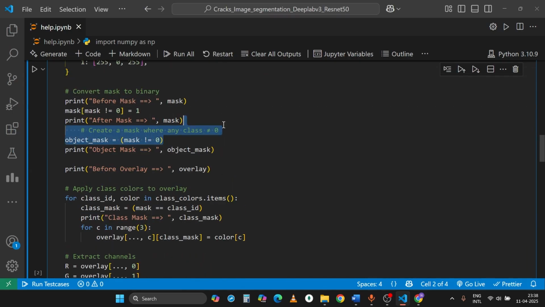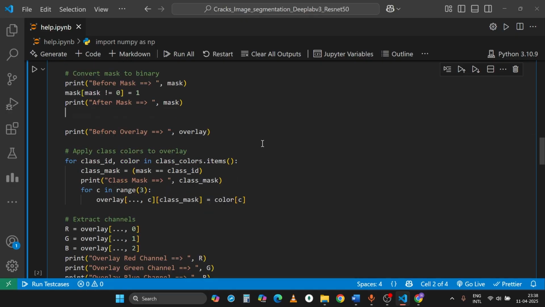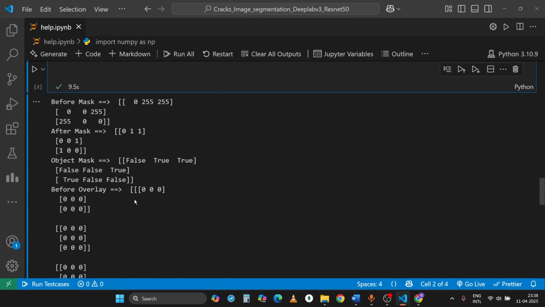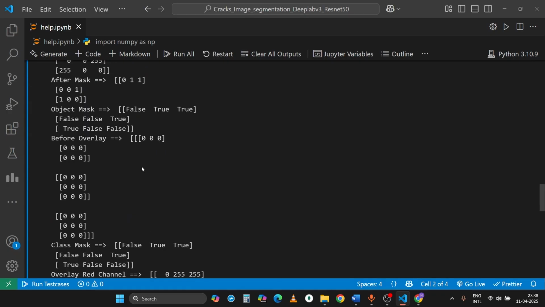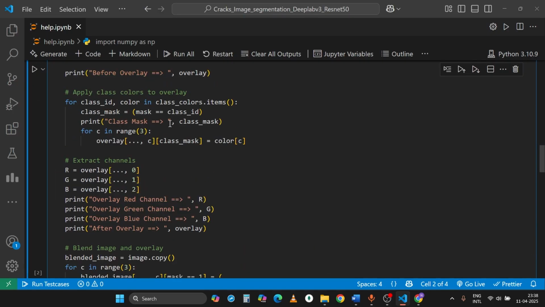Now object mask, this is nothing. This is, I think, the overlay. You can see this is the overlay, a complete black image, meaning 0 value in its red channel, green channel, and blue channel. Okay, it's a 0 2D array, you can say. Now we have to change this overlay, meaning we have to change the red channel, green channel, and blue channel of this overlay according to the mask